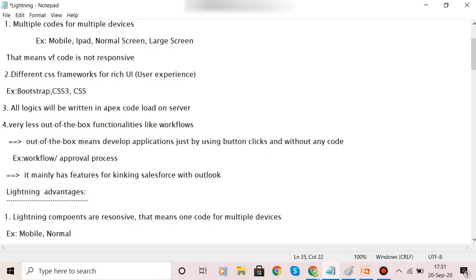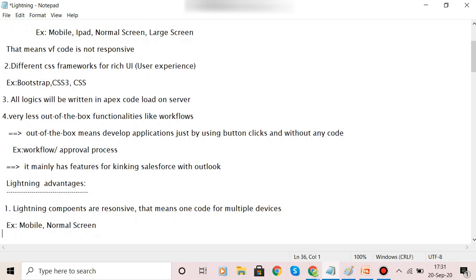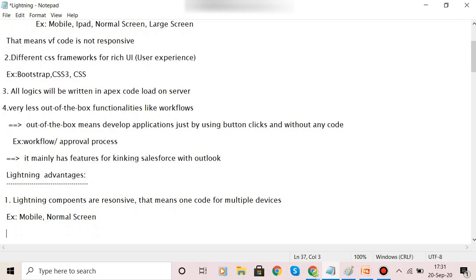The devices are all the same, so I take the same examples. And different CSS frameworks are not needed. It means Bootstrap, CSS3, CSS and jQuery are all not required here. Salesforce Lightning Design System, the LDS framework, is used for UI. All logic will be written on the front end.